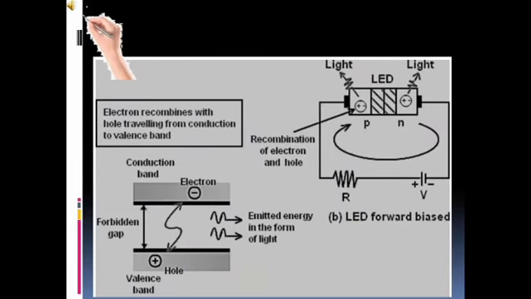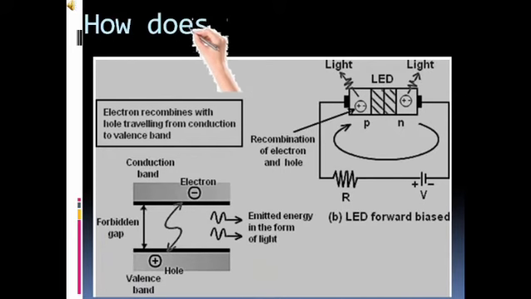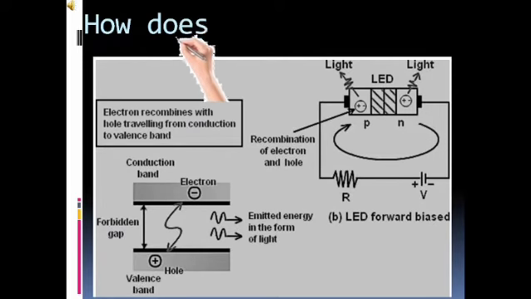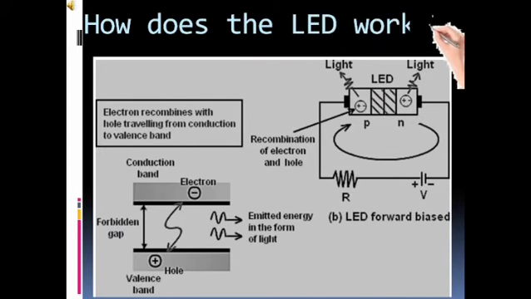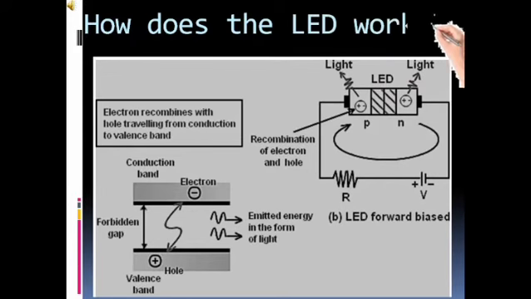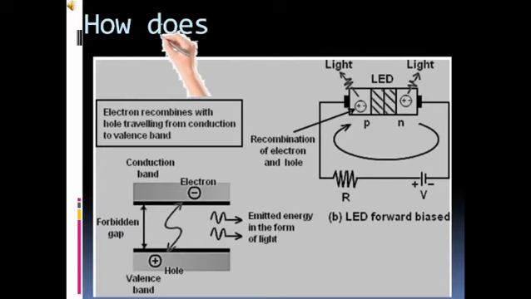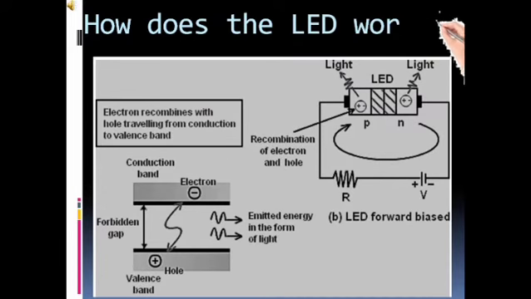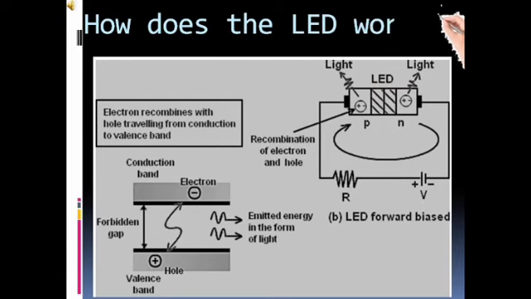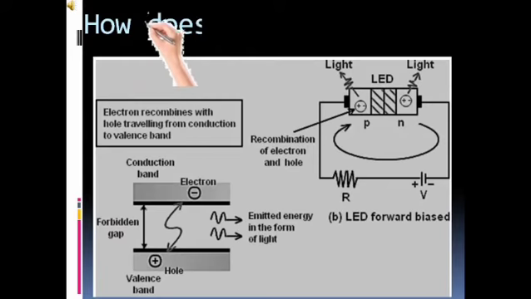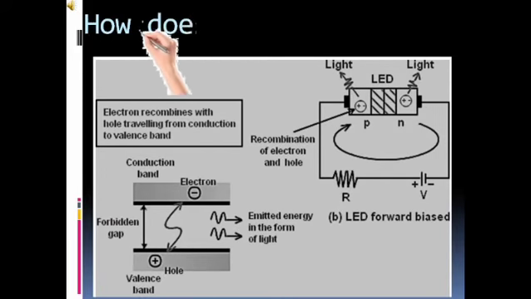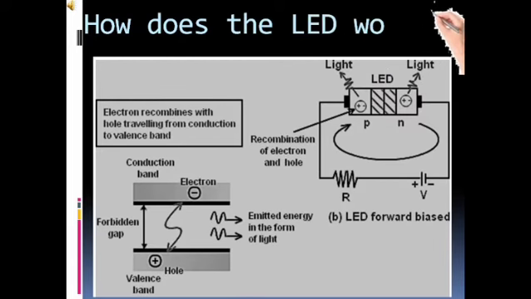Now let's see how an LED works. As we know, when the diode is in forward bias, what happens? The electrons and the holes that are moving fast across the junction combine constantly, removing one another out. Soon after the electrons move from the N-type to the P-type silicon, they combine with the holes and disappear. So it makes the atom more stable and gives a little burst of energy in the form of a tiny packet or photon of light, or we can say a quantum of light.